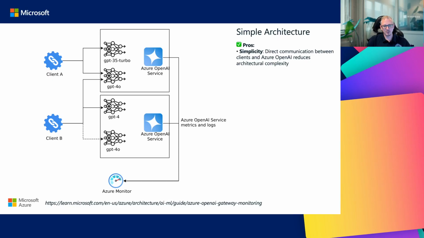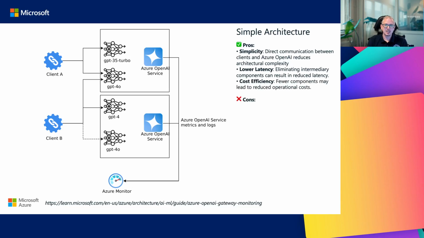By enabling those, you've assigned access to particular types of models within those services, and you would have client A, client B accessing different models, etc. And as they access Azure OpenAI services, it is plugged into Azure Monitor, as most other services are. Now, this gives you direct communication between your clients, your customers, and Azure OpenAI. So that's the lowest latency. It's very cost efficient,